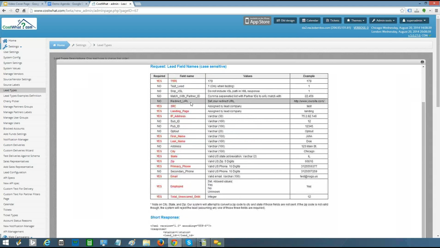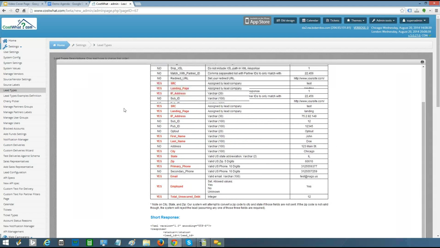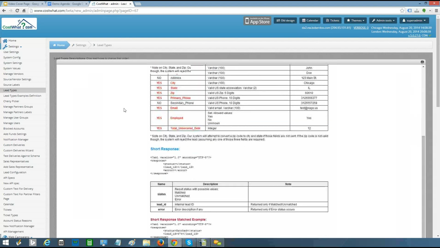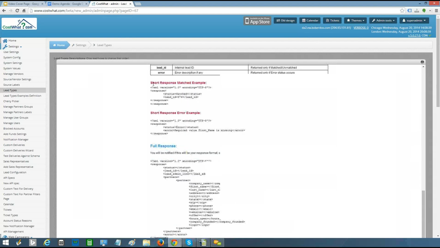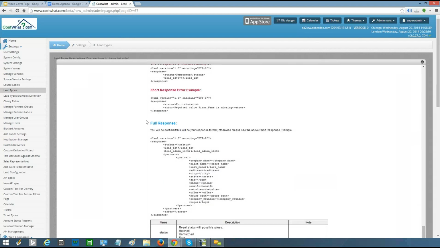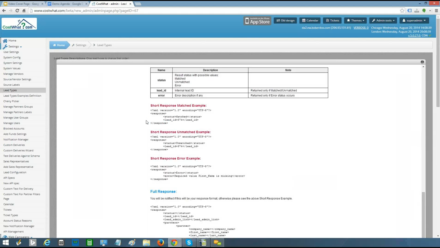And this will define exactly what fields you're collecting for the given lead type, those fields that are optional, required, and then those set allowed values. We'll also include a short and long response. One of the key things about the boberdoo system is that every lead submitted into the system sees a response,